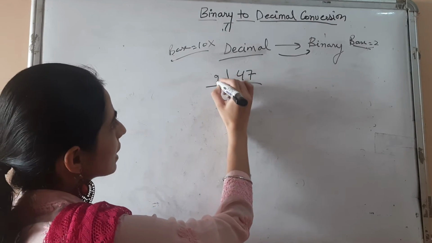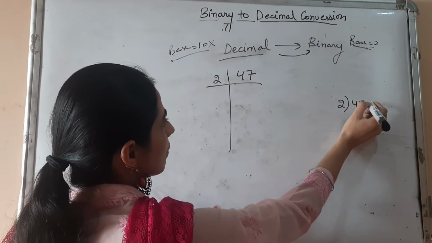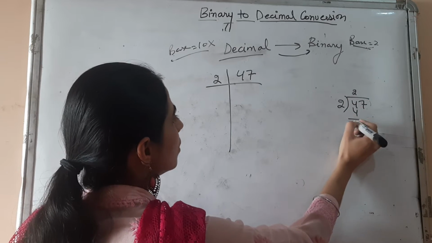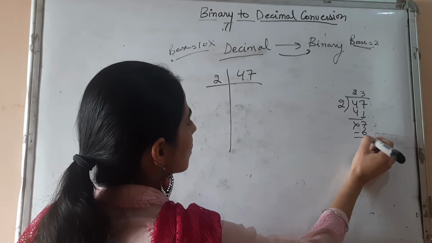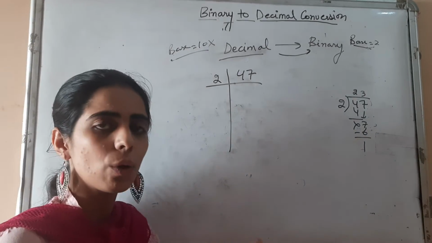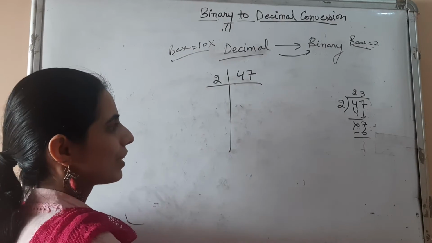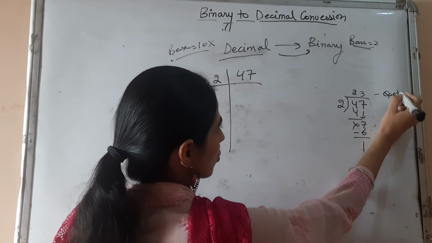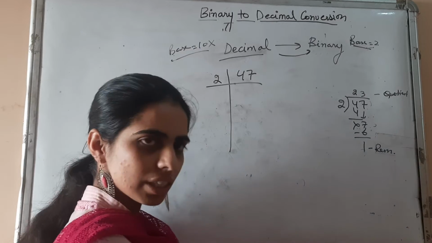We will divide this number by 2. So let's have a look what we will get. When we divide 47 by 2, children, we get 2 2s are 4. Yes, we get a 7, then 3, then 6, then we get a remainder 1. Now why I am showing you this division is I know all of you know how to divide. I am not going to explain that. So have a look here. This is our quotient. Yes, this is our quotient. This is our remainder. This is our remainder.